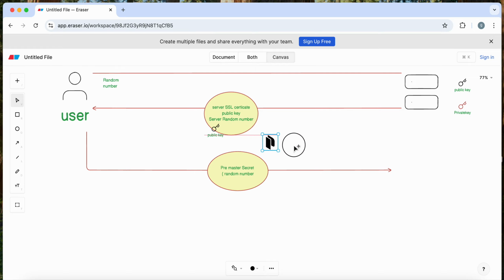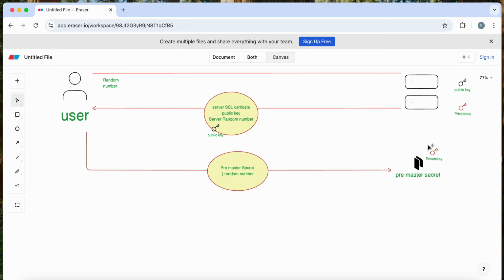The packet which has been sent to the server will be decrypted by the private key, because only the person who has that private key can decrypt it, so that imposter cannot decrypt it. So this private key which we have will be used to decrypt the data. Decryption will open the data using the private key and extract the pre-master secret key. So once it is extracted, it will have the pre-master secret key